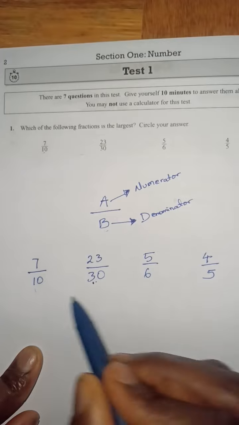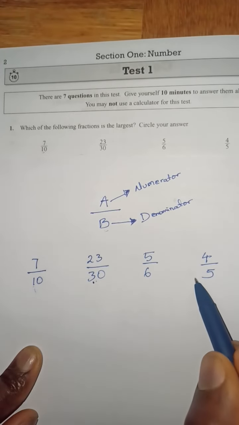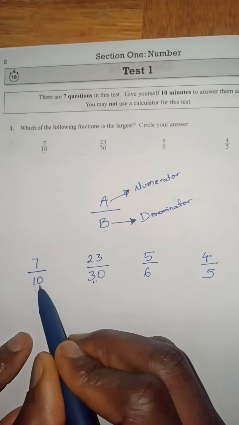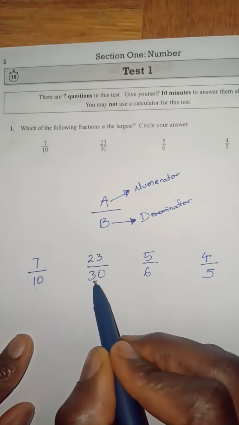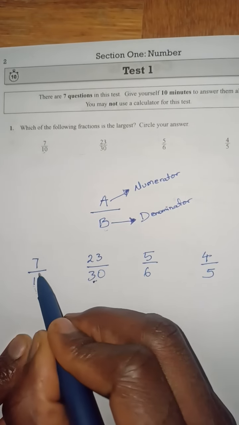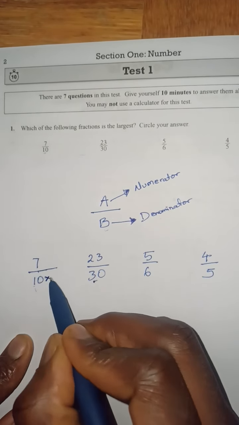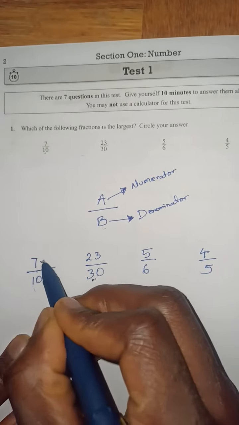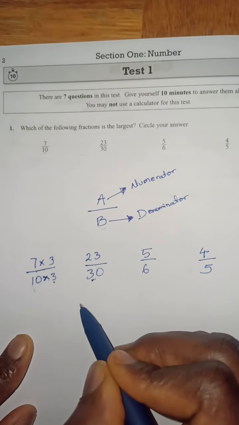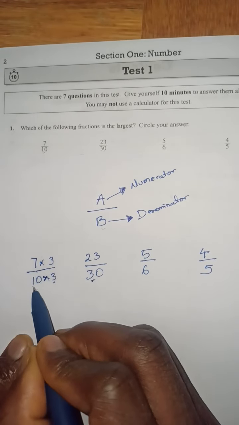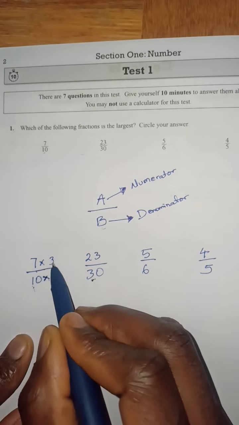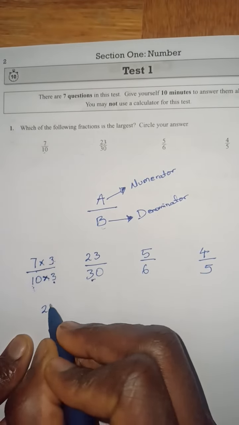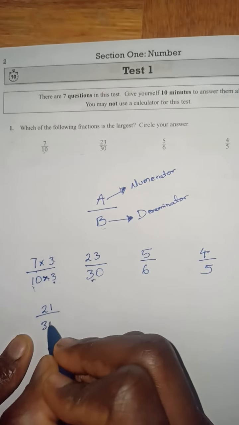Remember, the goal of this is to make sure all the denominators are the same, or they are common. So, if I think about that, what number can I use to multiply 10 to get 30? That's right, 3. So I'm going to multiply the denominator by 3. Now, whenever you multiply the denominator by 3, you have to do the same thing to the numerator. Okay, so we started with the denominator, and whatever we did to the denominator, we have to also do the same to the numerator. So 7 times 3, that will be 21, and 10 times 3, that will be 30. Now,